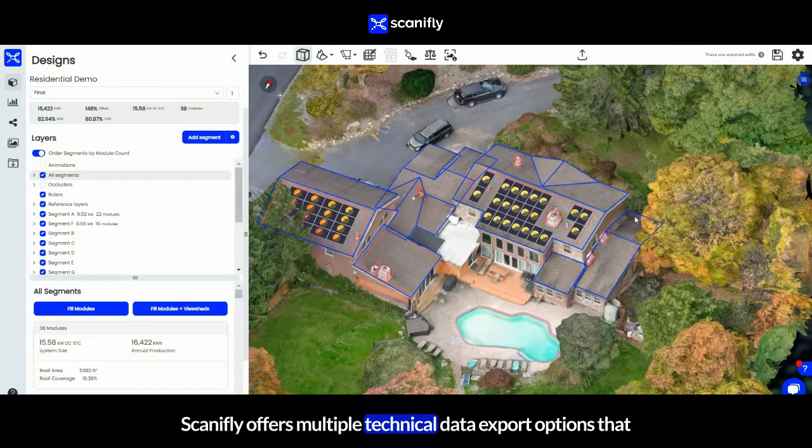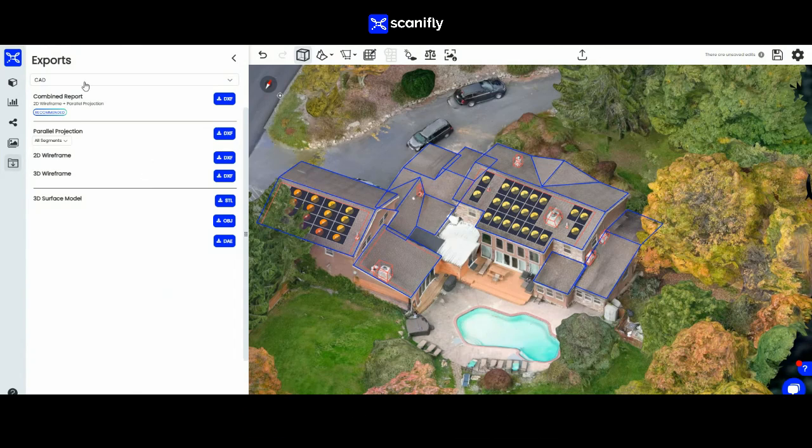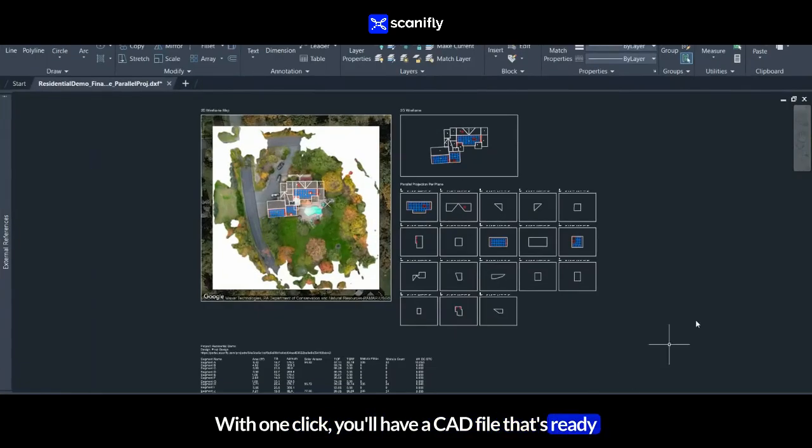Scanifly offers multiple technical data export options that you'll find under Exports on the left menu. For CAD, we offer multiple DXF files that you can export once you've completed your design. With one click, you'll have a CAD file that's ready for plan sets and will include a 2D wireframe map